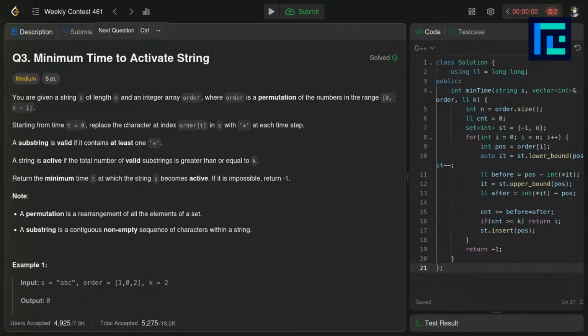You are given a string S of length n and an integer array order, where order is a permutation of the numbers in the range 0 to n minus 1. Starting from time t equals 0, replace the character at index order with a star at each time step. A substring is valid if it contains at least one star. Also, a string is active if the total number of